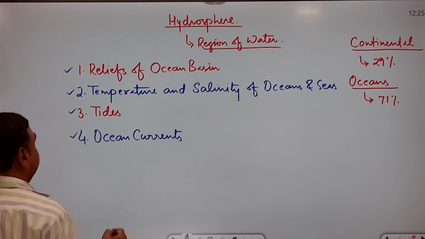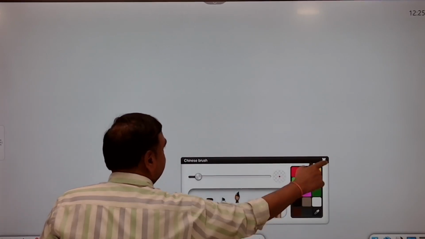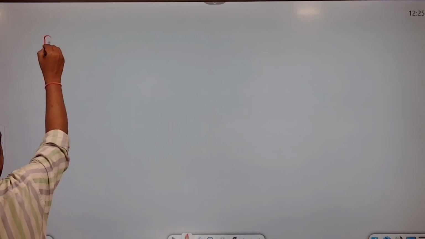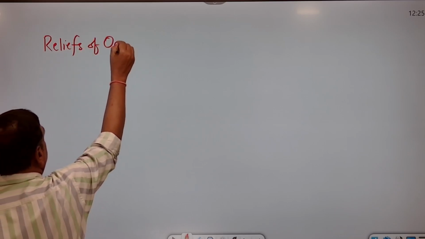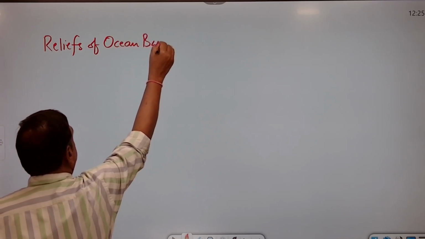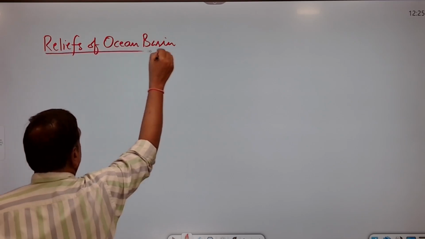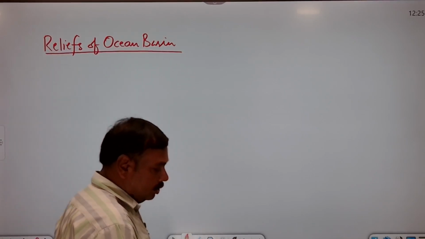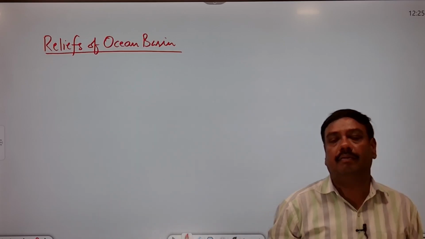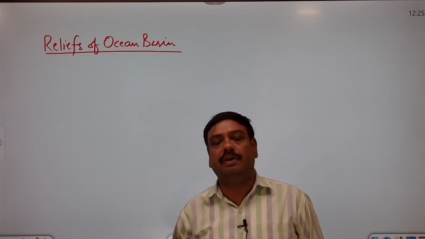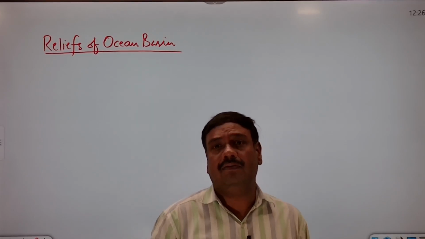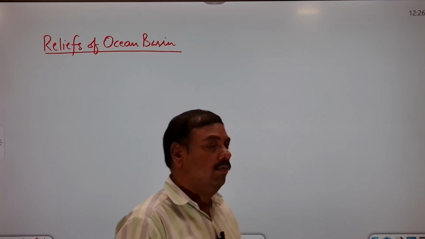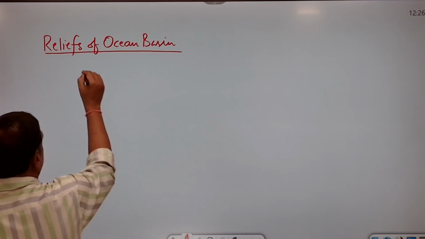Okay. Now, since I was talking about the first chapter, that is related to the relief features, I am again writing the name here, reliefs of ocean basin. Under this chapter we will see different kinds of relief features. I told you that relief features are actually irregularities. We will discuss all those relief features in 2 categories. What are those 2 categories? The reliefs of the ocean basins can be